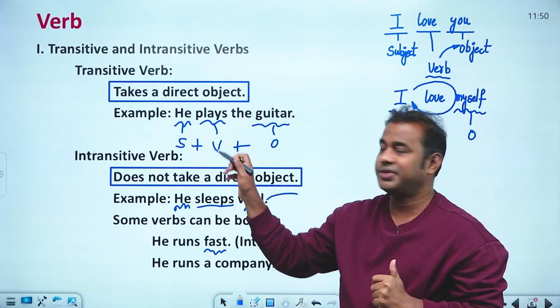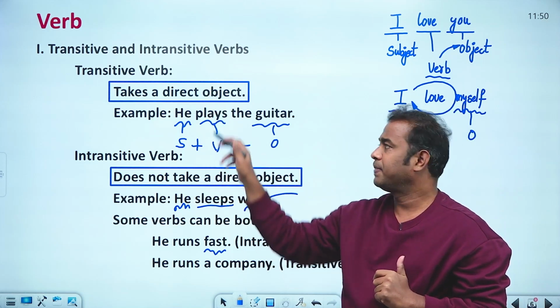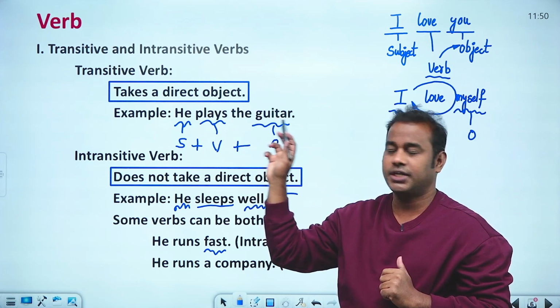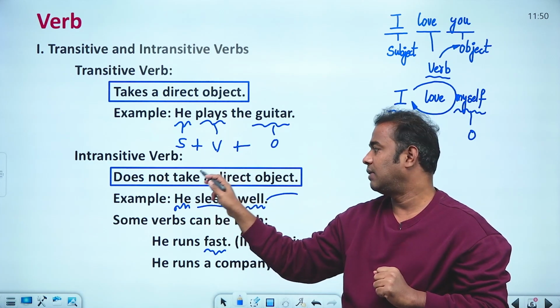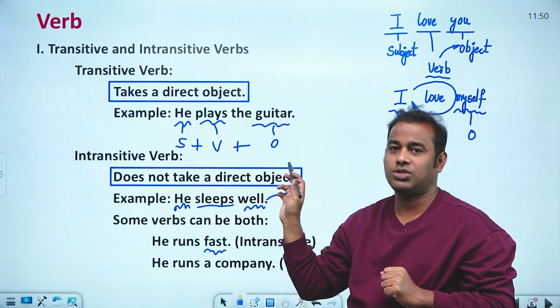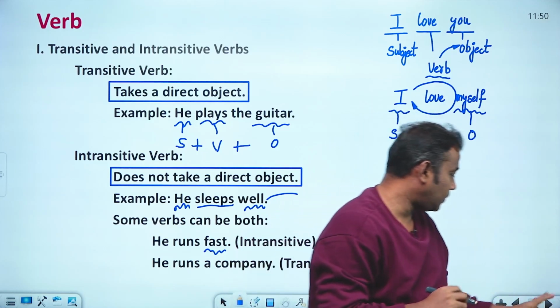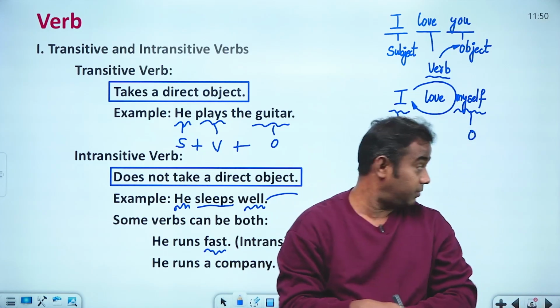So what is the difference here between transitive and intransitive? In a transitive, the verb takes direct action on the object, but in an intransitive, the verb does not take a direct action on the object. So that's a simple sentence. Okay. Now the next one is